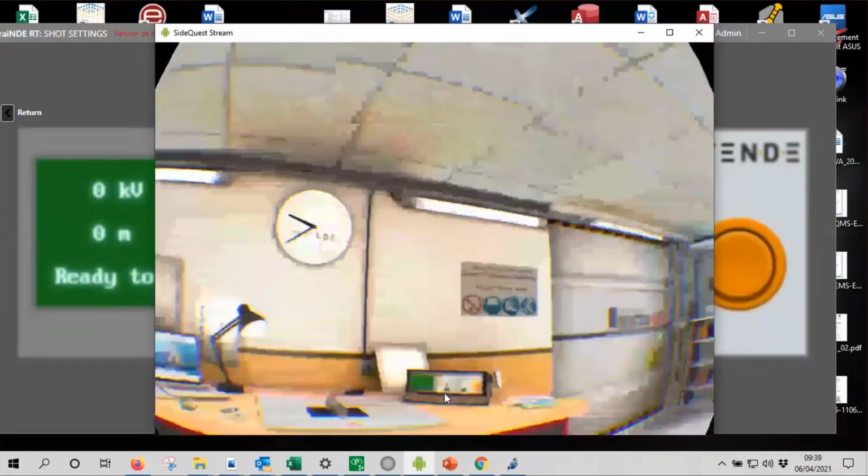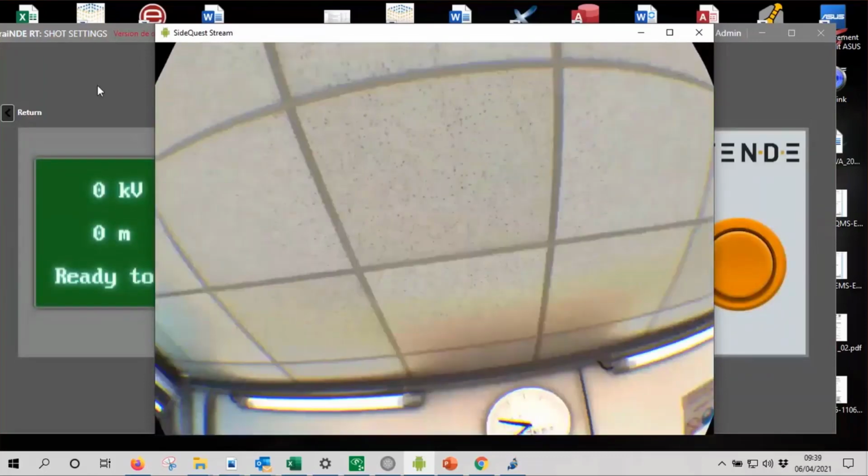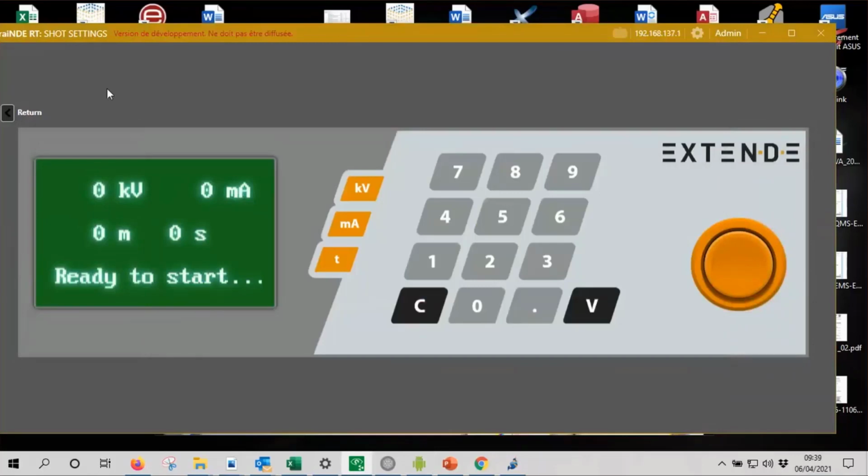Okay, and then based on the X-ray chart for the film MX125, the diameter, the positioning, and so on, we'll select here the 140 kilovolt, 5 milliampere, in 2 minutes and 20 seconds.